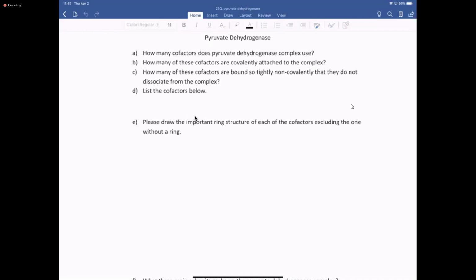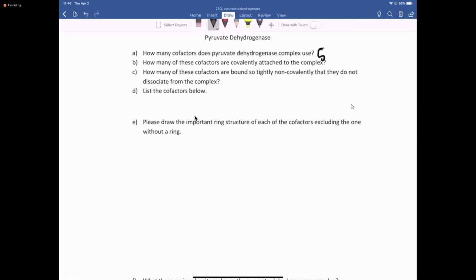I was just going to go over the worksheet very quickly with you and then continue on with the actual cyclic portion of the citric acid cycle. So how many cofactors does the pyruvate dehydrogenase complex use? It uses 5,